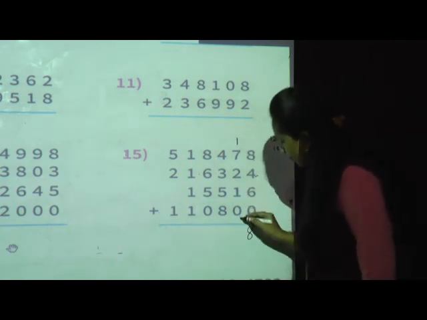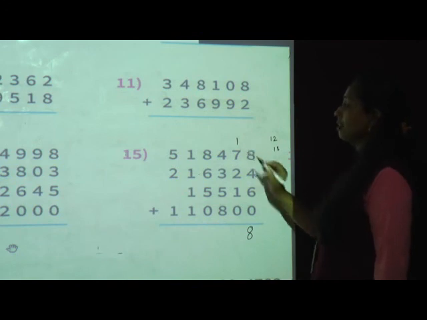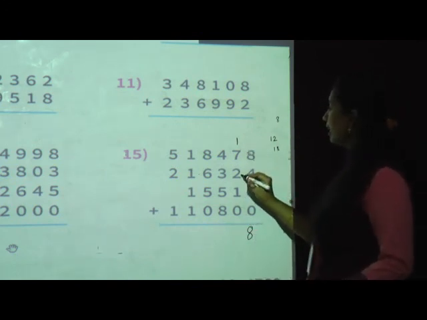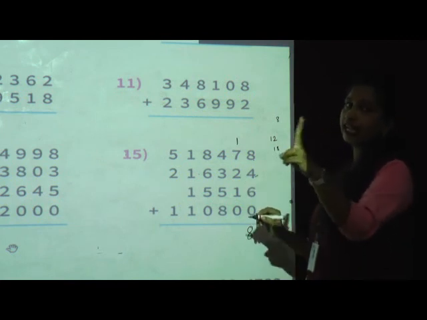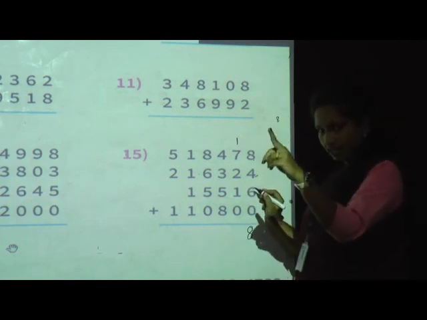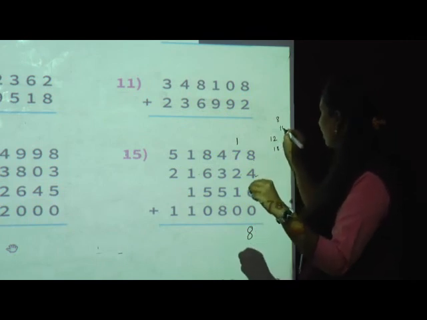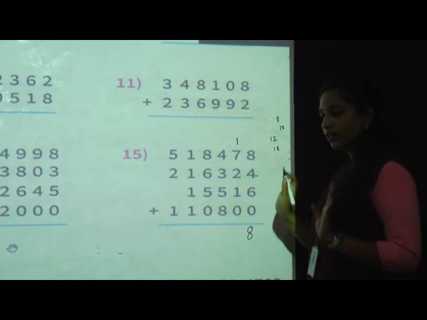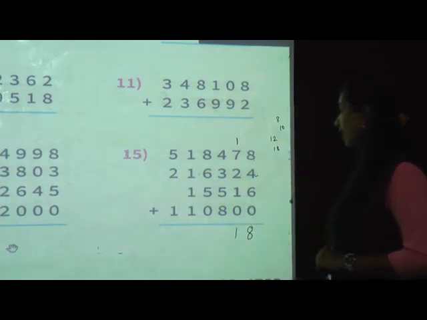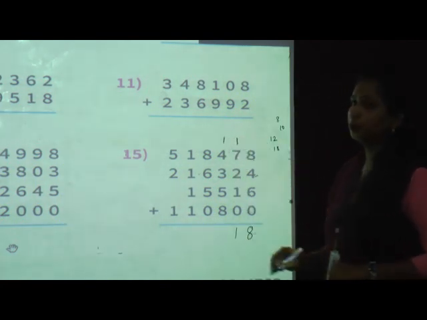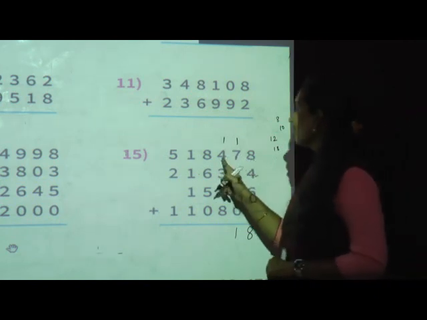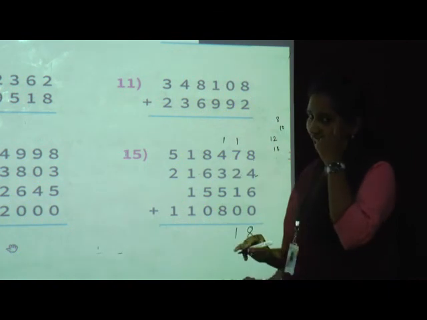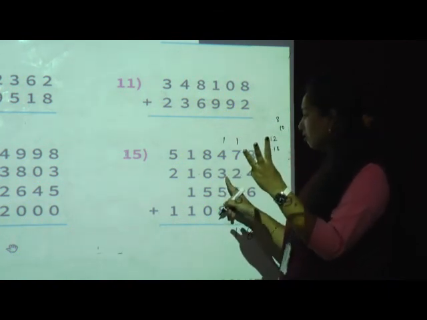Now we will add these 5 numbers. 1 plus 7, very easy, 8. Okay, write somewhere 8. Now 8 after 2 fingers. 8 after 2, 9, 10. Okay, write somewhere. Now 10 plus 1, 11. 11 plus 0, 11 as it is. So 1 on 10's place, 1 will carry to 100's place. Now 1 plus 4, very easy, 5.